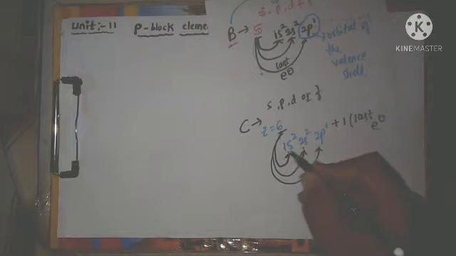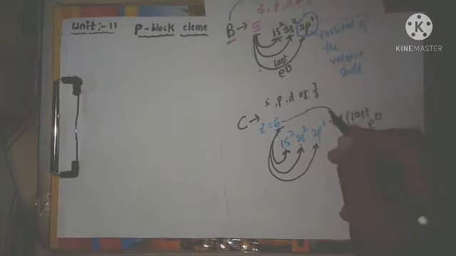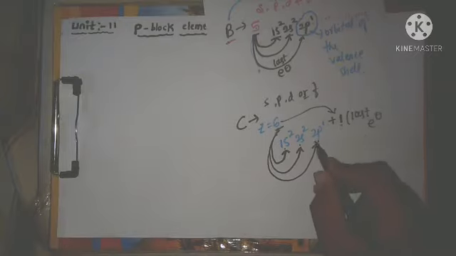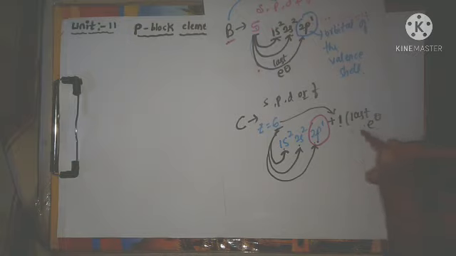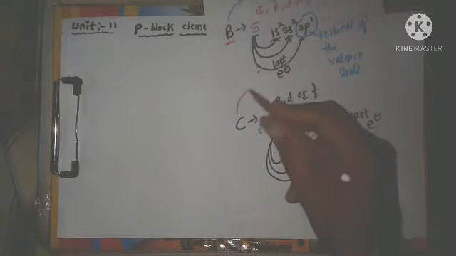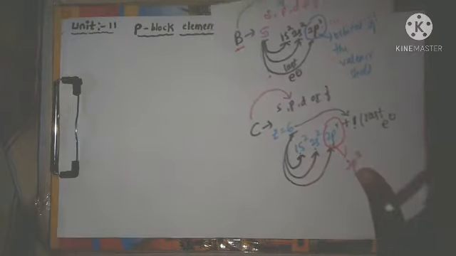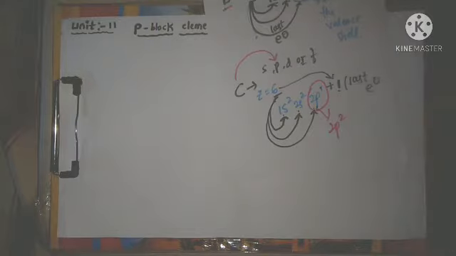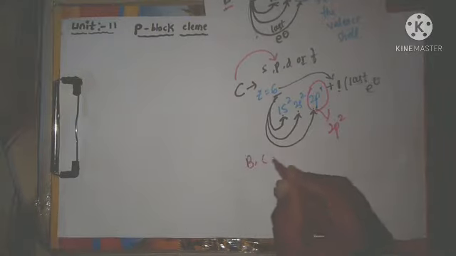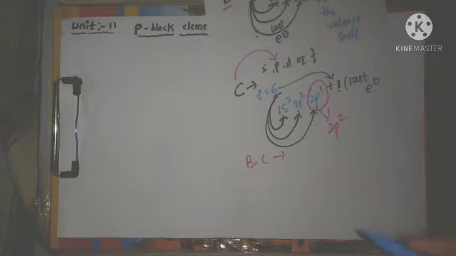Out of 6, 5 are already added. This is the last electron, which is also entering into the p orbital. Here the last electron enters into the p orbital. Therefore, it will be 2p2. Means the last electron is also entering into the p orbital. This carbon belongs to which block? P block. Means what is meant by p block elements? Here boron and carbon are p block elements. Why are they called p block elements?